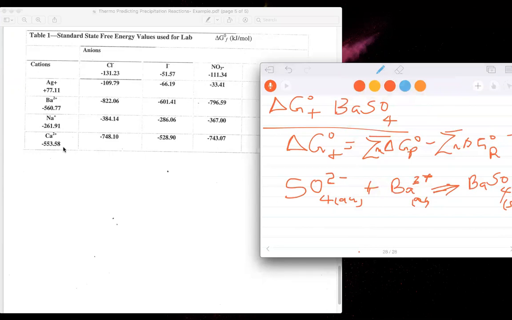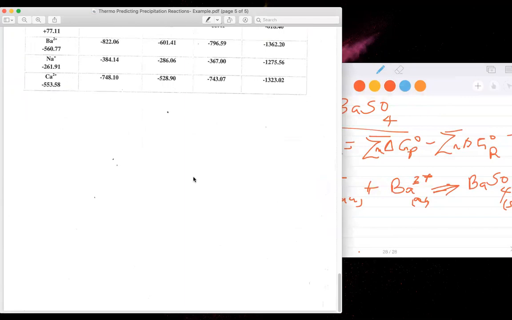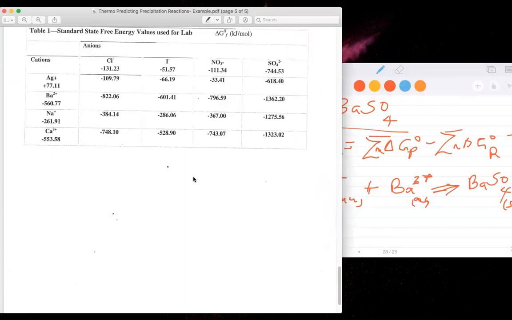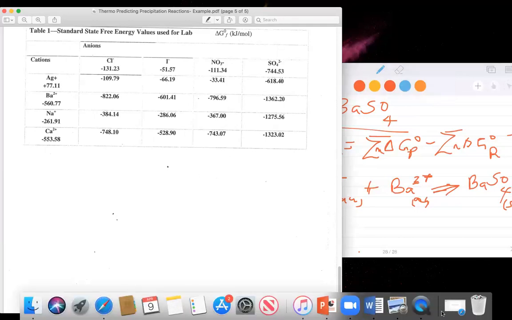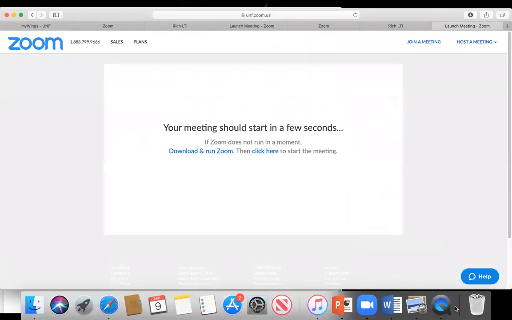Where is barium? No. There is a complete table. Maybe I didn't get that. There is a complete barium, and this was just an example. Let's see if I had that. I think I had a complete